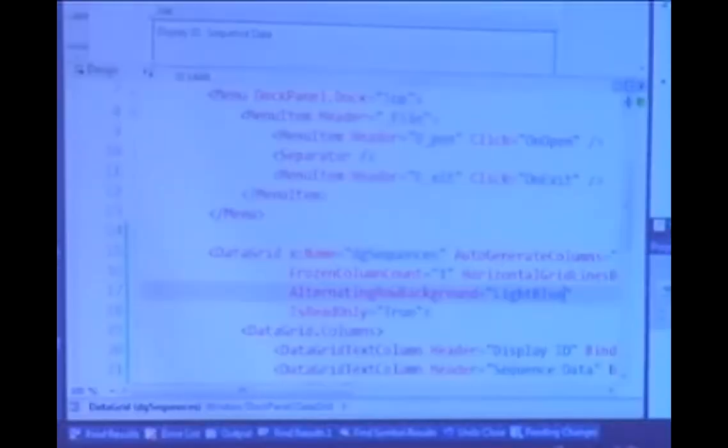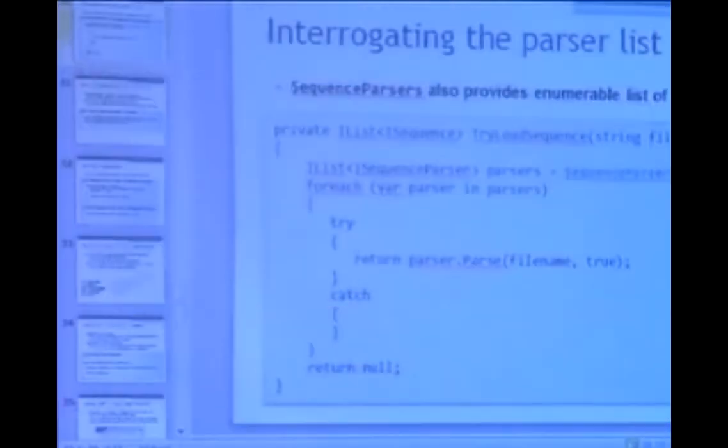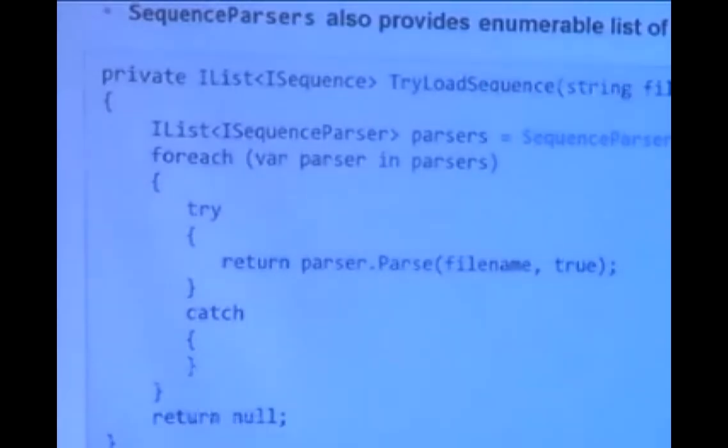And presumably, if I wanted to, we could go a little further and actually add some editing capabilities in here as well. Just remember, if I want to do that, I would have to make sure to tell the parser, make these items writable, okay? Or take each sequence right before I try to edit it and flip the flag on it to say is read-only, is false. Okay. So we can load it in.